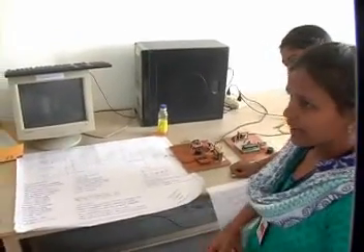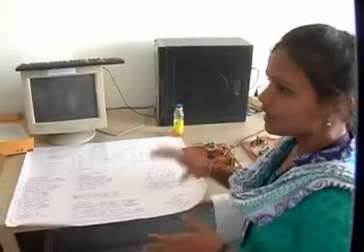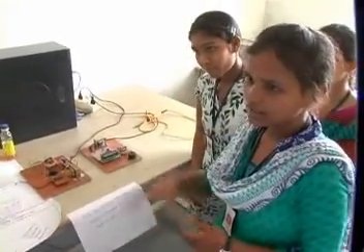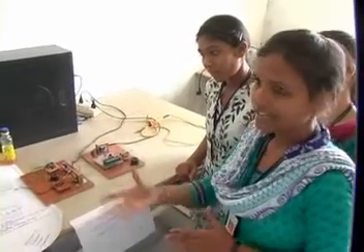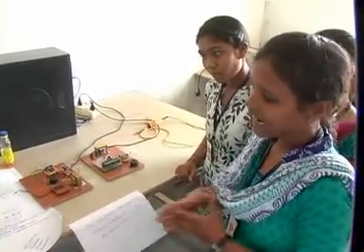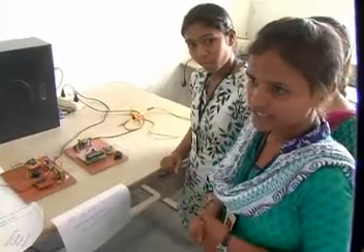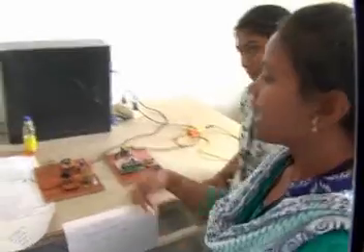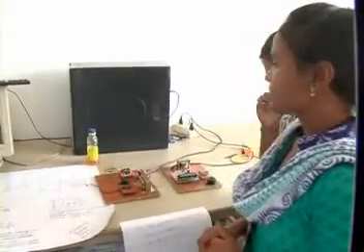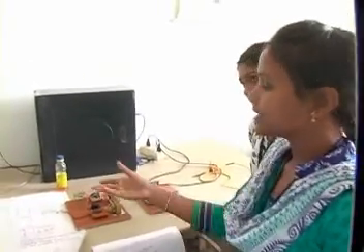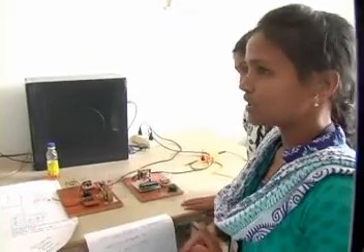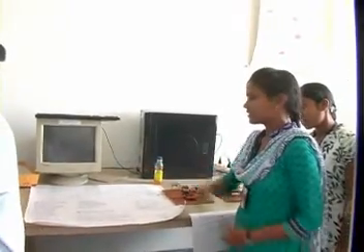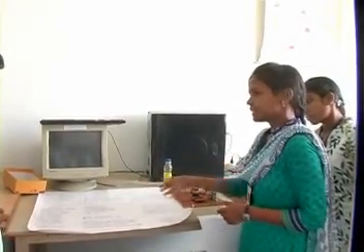The specialty of the PIC microcontroller is many peripherals inbuilt and low power, and it's a high performance RISC. We can see high performance RISC in that, and 35 single word instructions and pipelined instructions also we can see in that PIC microcontroller. And here we are using an Atmel 8051 microcontroller, with 16-bit timers and counters, 4 ports and all. The main components are battery supply, temperature sensor, gas sensor, GSM module, LCD and buzzer.